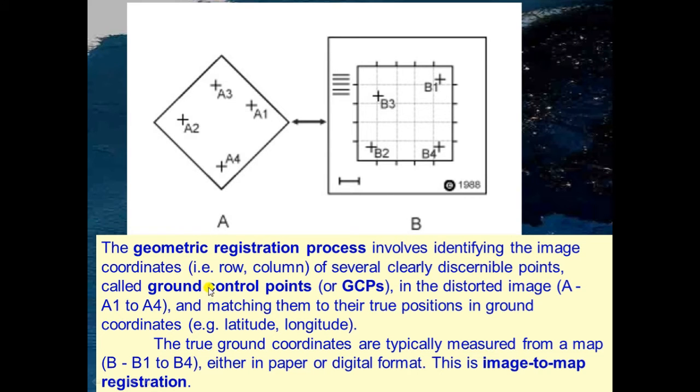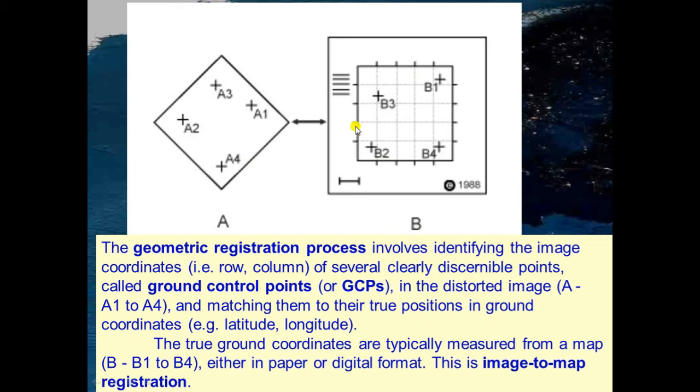The geometric registration process involves identifying the image coordinates, called ground control points, in the distorted image, A1 to A4, and matching them with their true position on the ground.